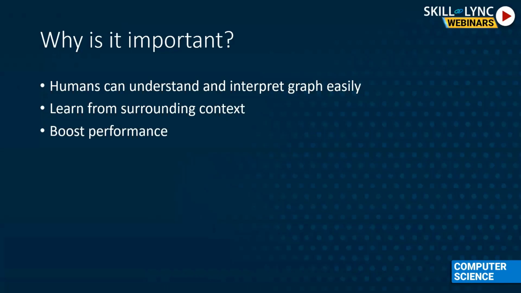There are many algorithms that are available right now. Even machine learning is trying to capture this thing, the context, in an unsupervised way. But this is just the starting point right now, at least in the machine learning field. But there are algorithms available which will give us a certain kind of understanding. The last part is boosting performance.